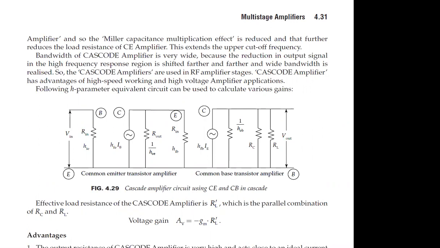Once the configuration is clear, we can go for the analysis. Okay, if you have any doubt please ask me. I will tell just up to the configuration. And what is cascode? Cascode is nothing but when the common emitter is connected with common base, it is called cascode. Any doubt here? If there is any doubt, ask once.